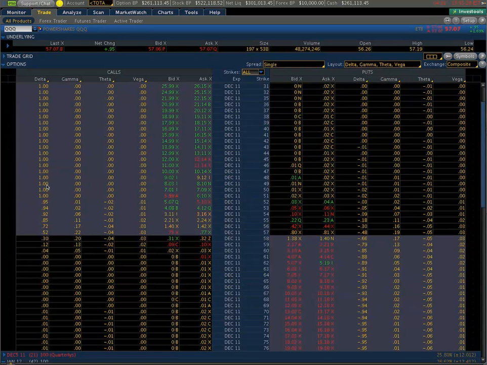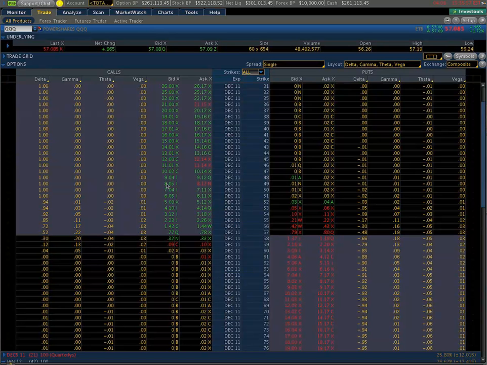rating, so that if the market should rise by $1, they would also gain $1 as well. So the percentage gain is better for the 50s, but the same dollar amount gained through delta for the 49s and the 48s and the 47 and the 46 and so forth. So there's no reason why you would buy a deeper in the money